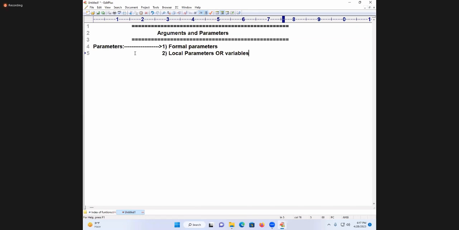You use formal parameters in the function heading. A function definition contains two things: heading plus body. Where do you use local variables? In the function body, to store temporary results. So a function definition contains how many parts? Two parts: function heading and function body.